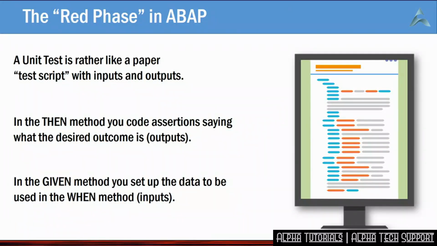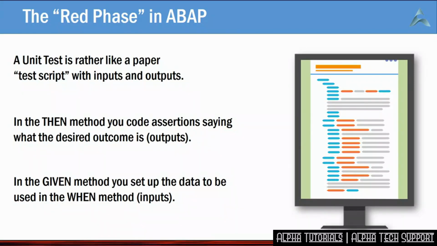Some people say you can only have one assertion in a then method. I'm prepared to be flexible on this. As long as it's testing the same sort of result, then you can have more than one. I'll forgive you. Since in good programming, a method just does one thing and does it well, it's highly unlikely there's going to be a load of different unrelated results coming back. So one assertion usually does the job.